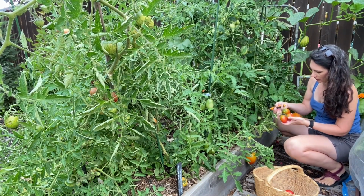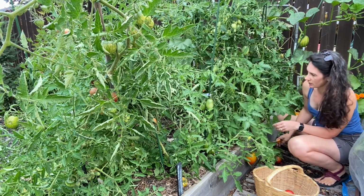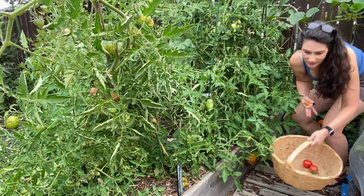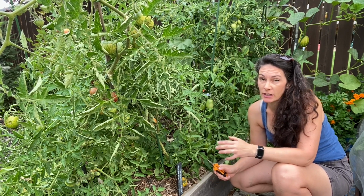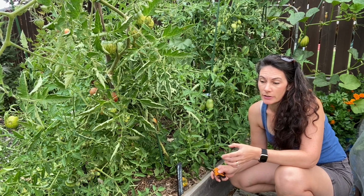Beautiful tomatoes in here. These could go a bit longer, so I'm just going to leave them because I don't need tomatoes right now because I'm leaving. One thing you can do, and I have a video I believe on this, if you have too many tomatoes and you don't have time to process them, which often happens this time of year, is you can actually just